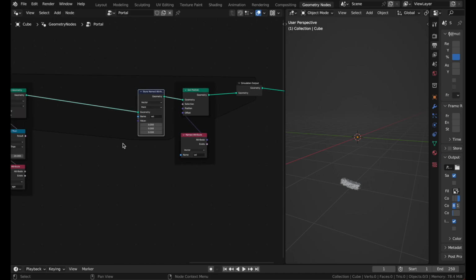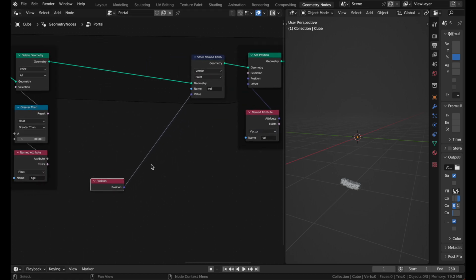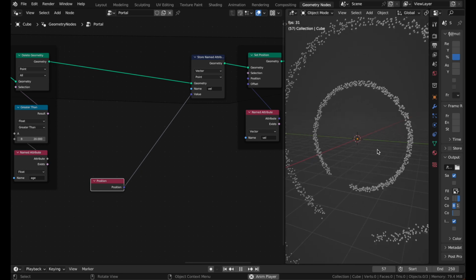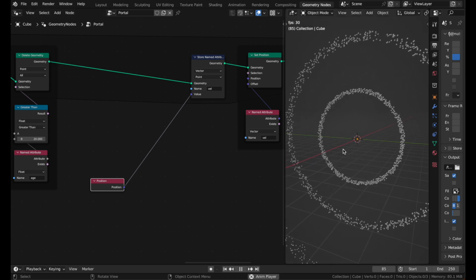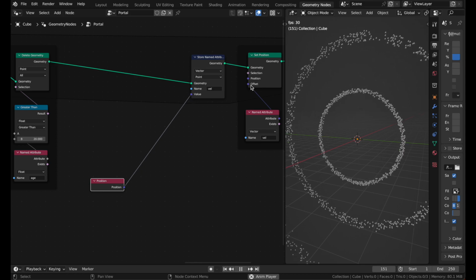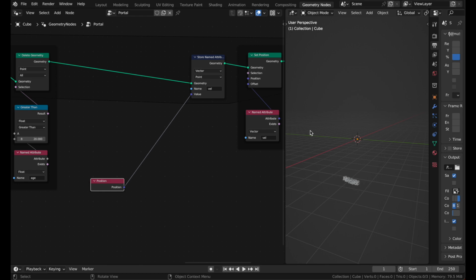Okay, now we need to set a value for this velocity. And here is where some math comes in. First thing we'll do is take a position node and plug it into here, which will do nothing setting its position. Never mind, that will do something. We're offsetting it by its position, not setting it directly, since it's going to the offset here. That makes a crazy mess. That's interesting. But if we take the cross product with a vector math node,